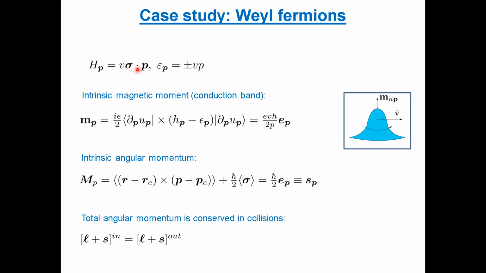It's a sigma.p Hamiltonian, very, very simple. The energies are plus minus v times p. So v basically plays the role of the speed of light in this problem. And the two pieces of information that I will need about these fermions, and I will use it momentarily, is